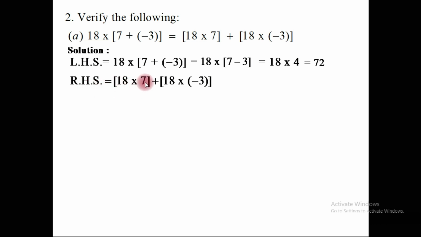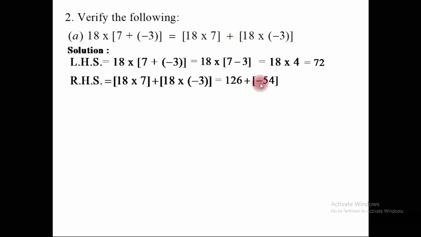Plus 18 and plus 7 multiply, same sign, multiply, we get positive, plus 126. And plus 18 and minus 3, plus and minus multiply becomes minus. 18 and 3 multiply, we get 54. Now removing bracket,